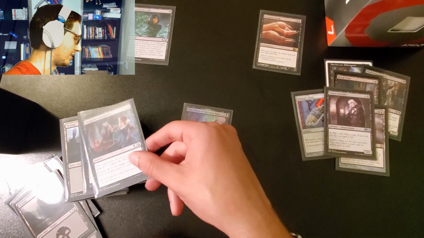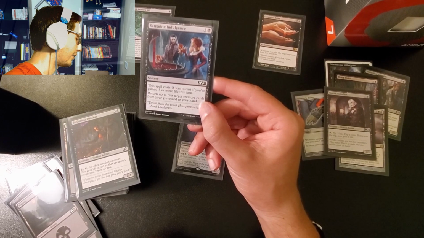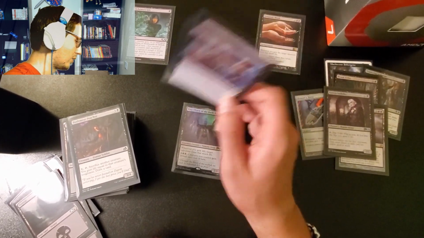Sanguine Indulgence, another Sanguine. The spell costs 3 less if you've gained 3 life or more this turn, which isn't too hard to do with all the...